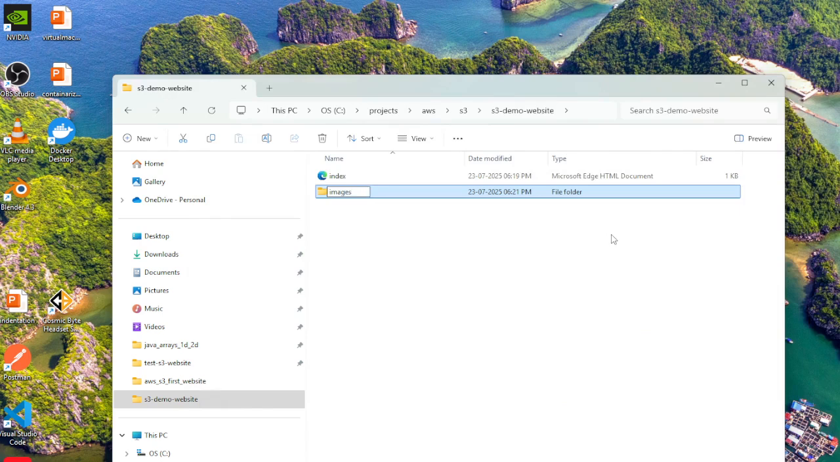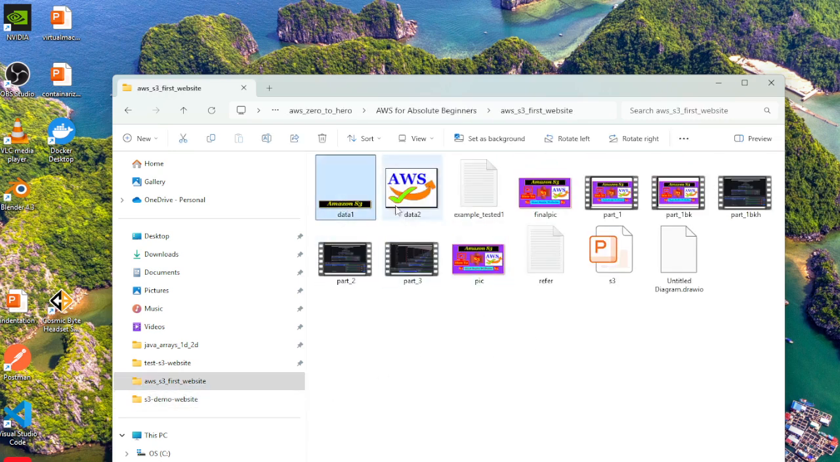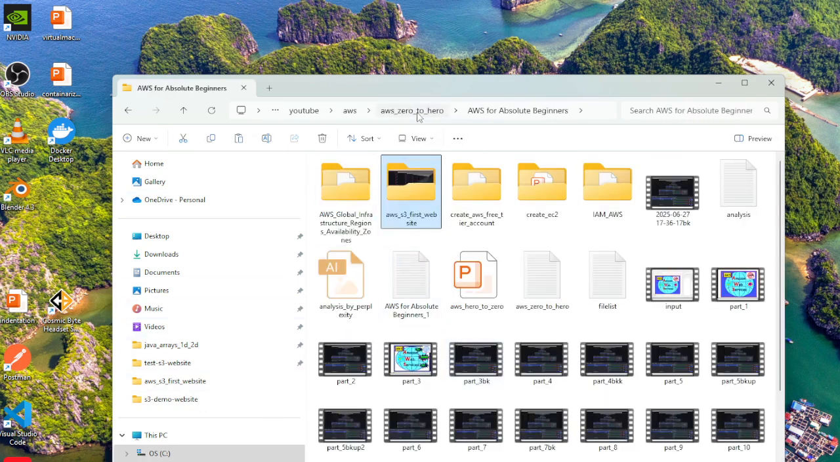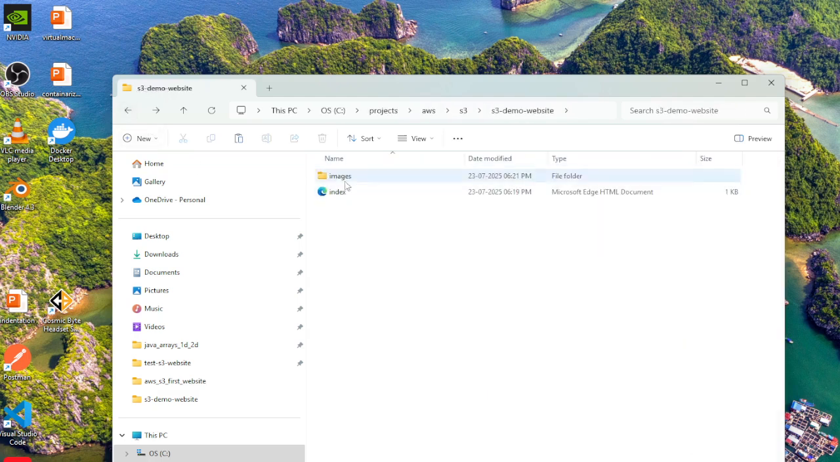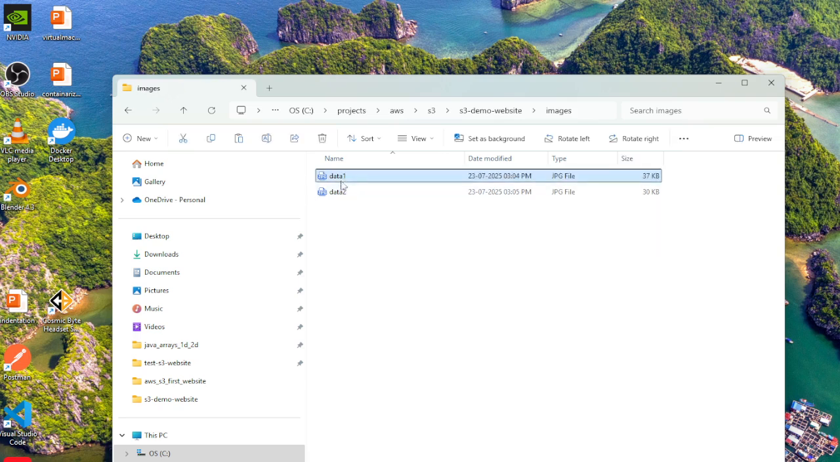that we are going to use inside our HTML. So this is the images folder which will hold the images. Now we need to copy some images and add them inside this images folder, and we have added two images, data1